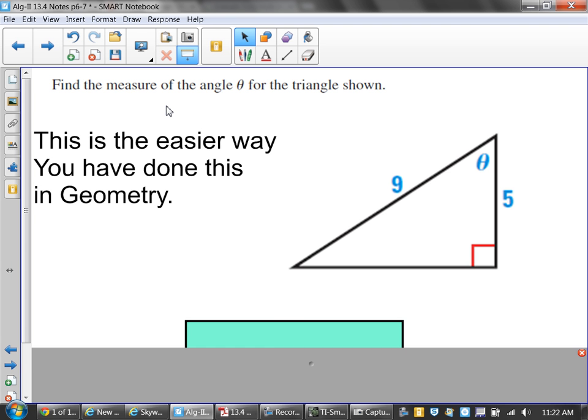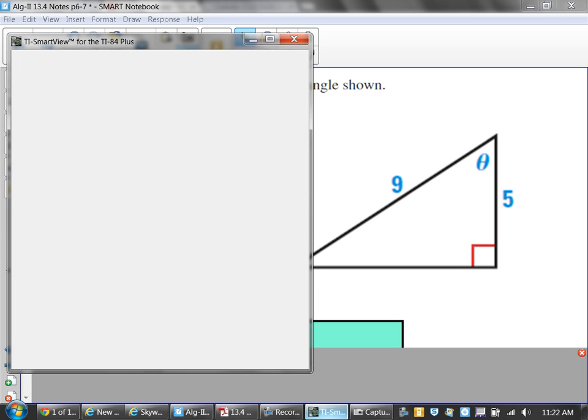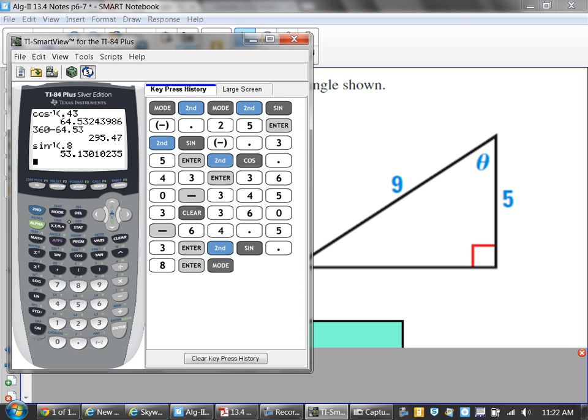Correct. You have to use the inverse of cosine to solve for this, but that means you have to make sure that your calculator is in what mode? Remember, go back to mode on your calculator. Make sure you have degree highlighted. Okay? Make sure you are in degree, and go from there. Again, if you're going to solve out and you have to use cosine,